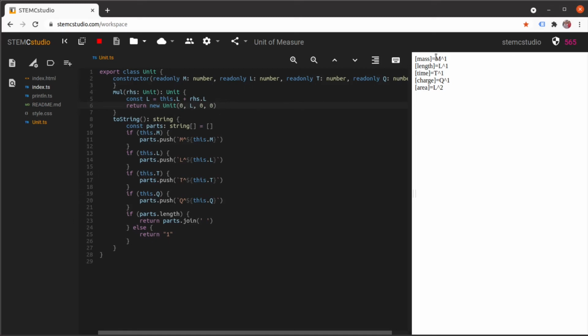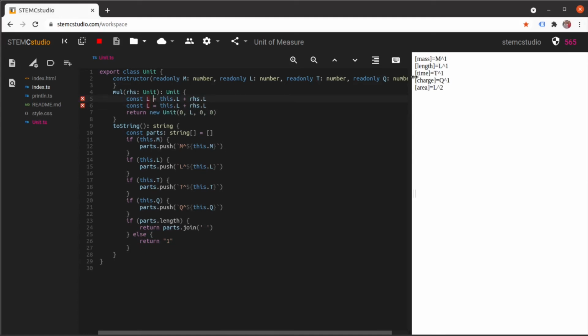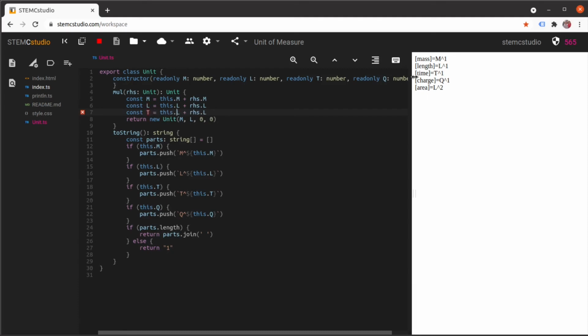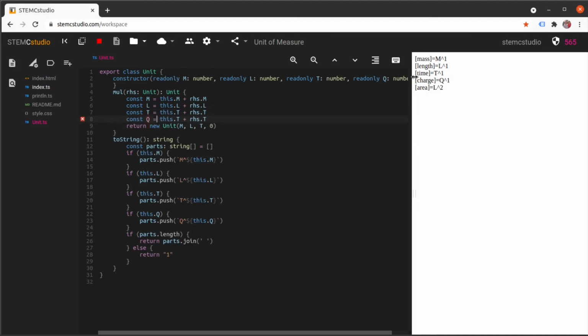Now, of course, we need to implement the other multiplications too. So let's just do that as well. So M is there. So that will work for L. For M, let's do T as well. And we'll do it for charge. And so now what we've got is, oops, I need to actually use that. Yeah, so what we've got is the ability to actually multiply various things together. So for example, if we go back to here,